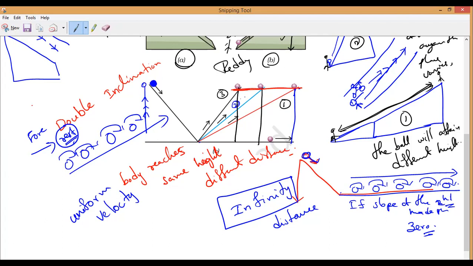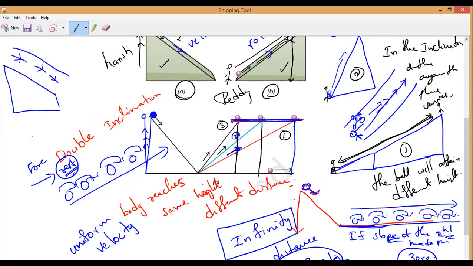If the inclination varies, maybe the distance traveled varies, but the height attained is the same. If the body is released from the same height, then the height attained, even at different angles, is the same, but the distance traveled varies. That is the first thing you have to remember. Next, if I made the slope of the surface zero, meaning zero angle, then the body will travel an infinite distance. Understand? Have you understood or not?